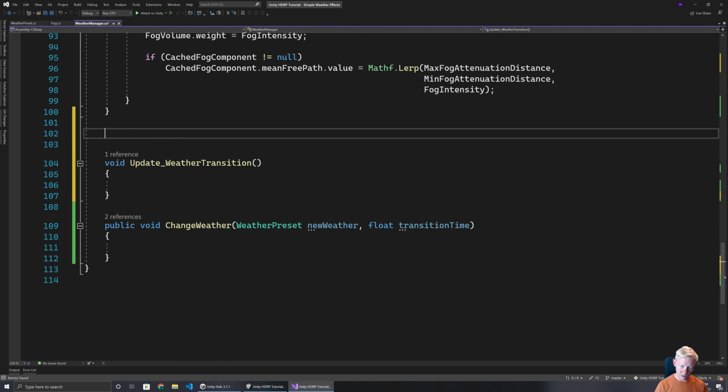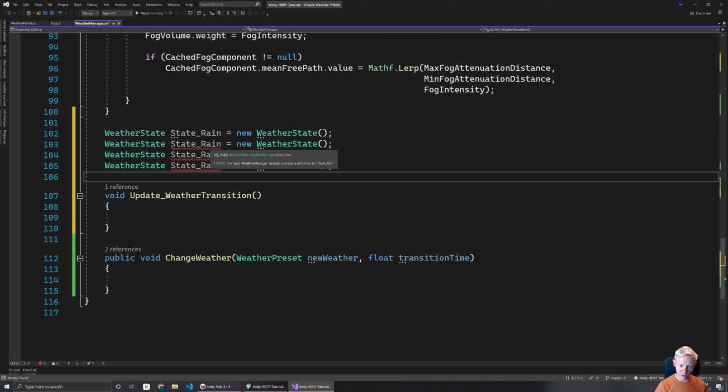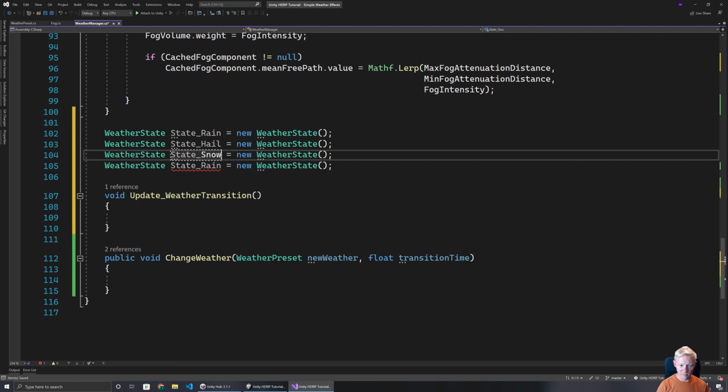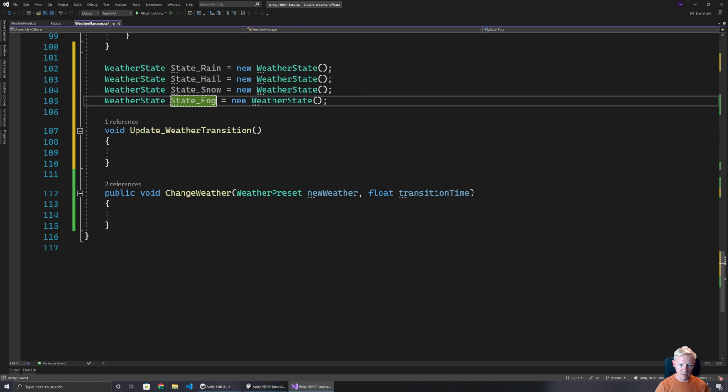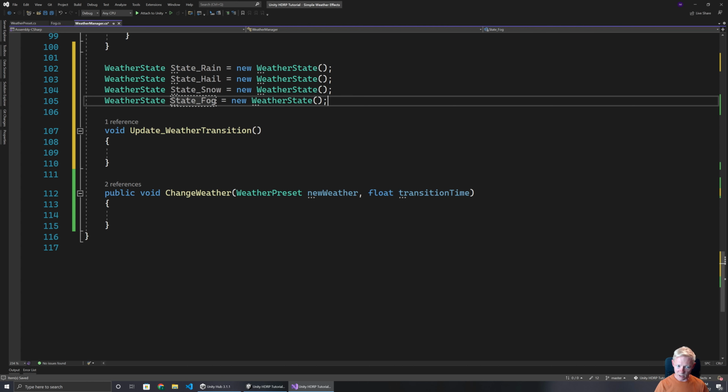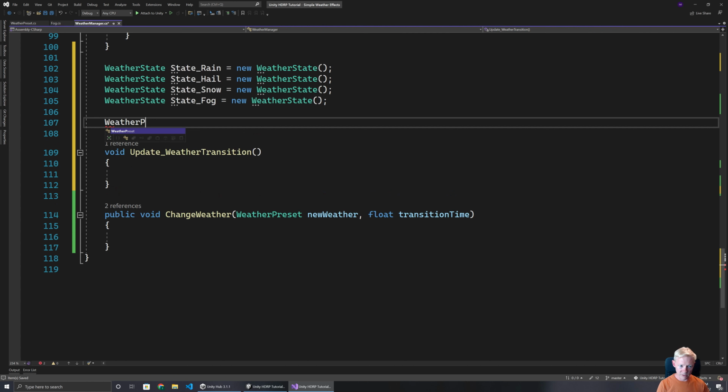So I know I'm going to need weather state, and we'll have state rain. I'm just going to set up all of these so that I have these ready to go. So rain, hail, snow, and fog. Okay, when we go to change the weather, one of the things we want to check is, if we've currently got no weather, so we need something to keep track of what our current weather preset is. So we're going to need weather preset, current weather,